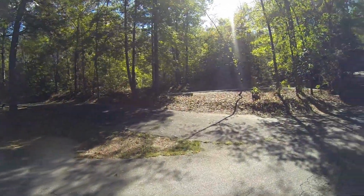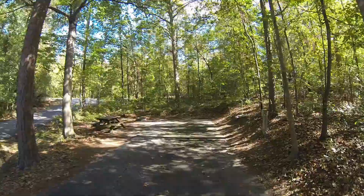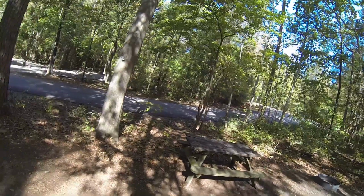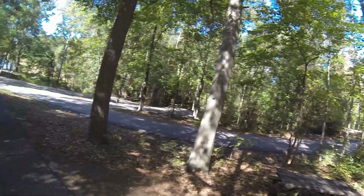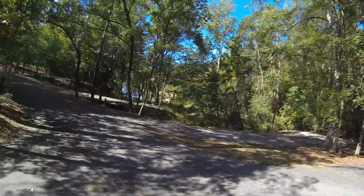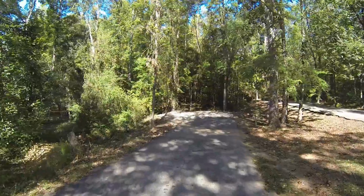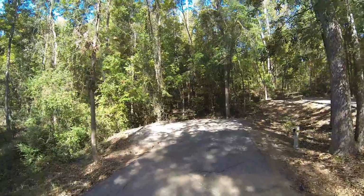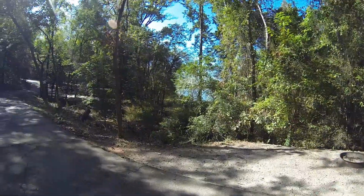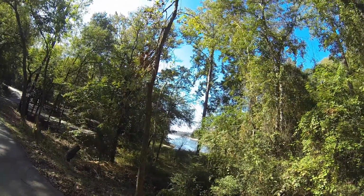Space 70, a gentle rise up into the space. The space itself is fairly flat. Another one with not a lot of room other than the driveway itself. A little bit of room to set up under your awning, but that's about it. Space 71, another nice flat spot. Again, no room other than the driveway and just a little bit of outdoor space. But if you don't back all the way into the space,